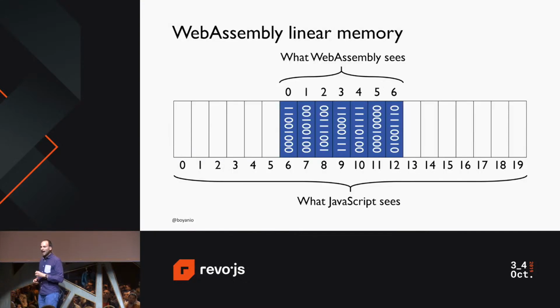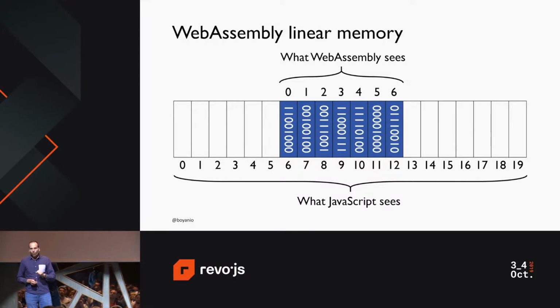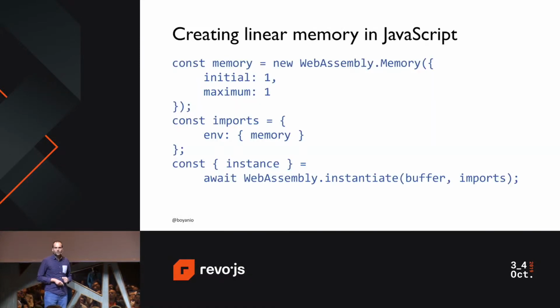Let's take a look at how this would be applied today. What WebAssembly uses for memory is called the linear memory. It's basically an array buffer in JavaScript. So this is a JavaScript abstraction that gives a set of bytes to WebAssembly to work with. If you know C and C++, all the work you do in memory translates just to a simple array where you have indices instead of pointers to real memory. And the way we create